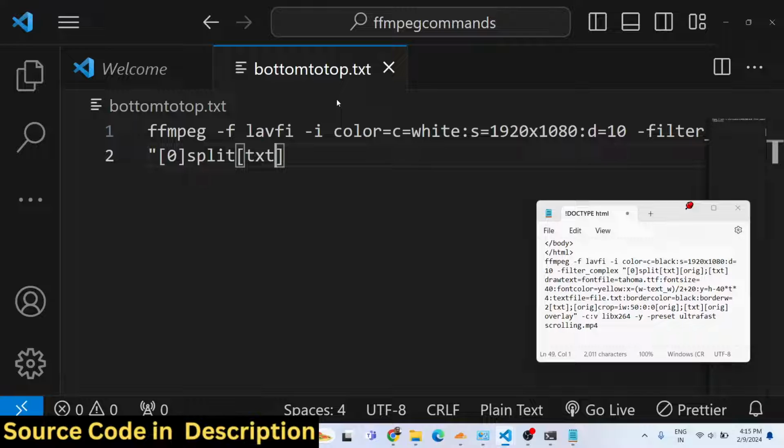and we will be generating it from a raw txt file. So here you just need to provide the extension of the file. In this case it is txt. And then [ORIG], and then we put a semicolon, again we put .txt, and here we are actually using the drawtext